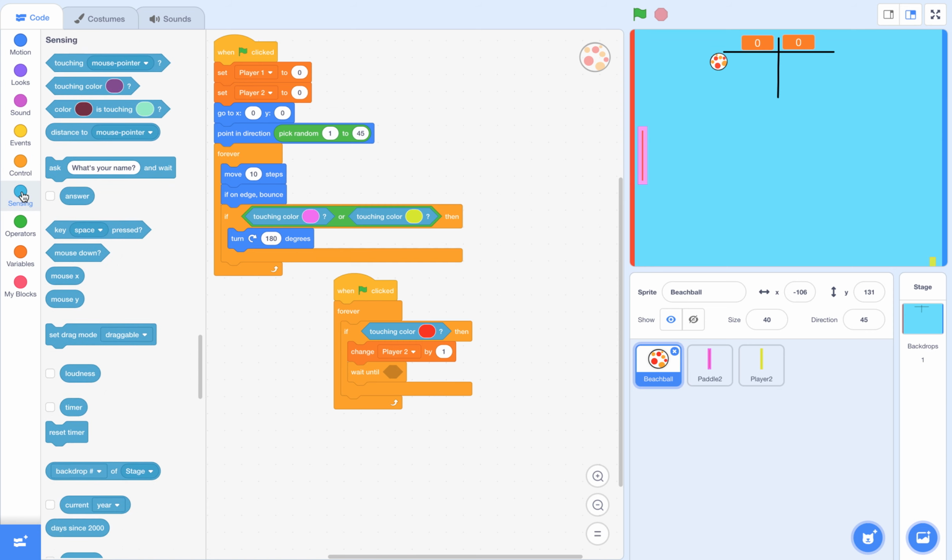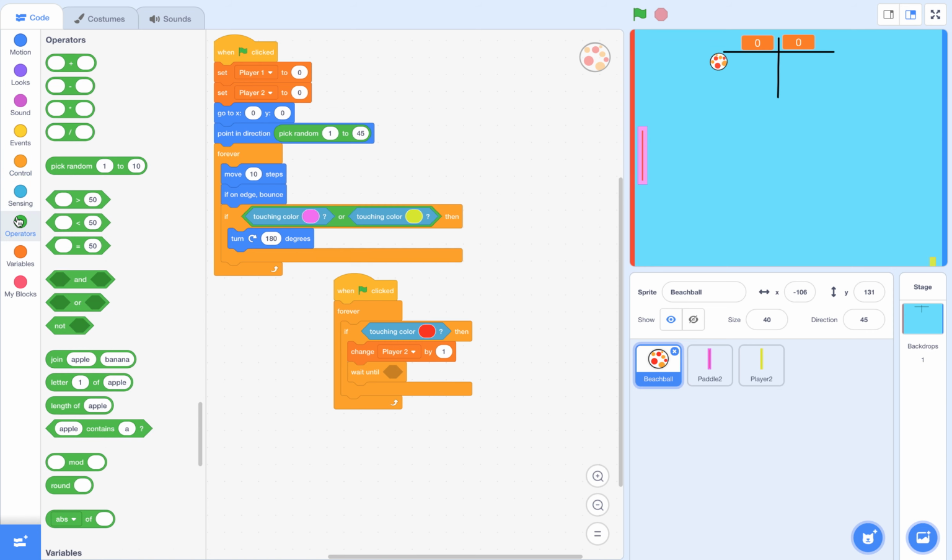Where is not now? Or operators, yes. So wait until you are not touching the color. We then want to say wait until you're not touching the color, because you'll see also this thing here,